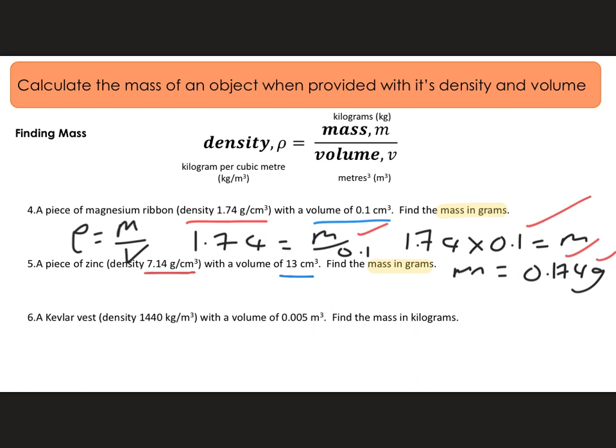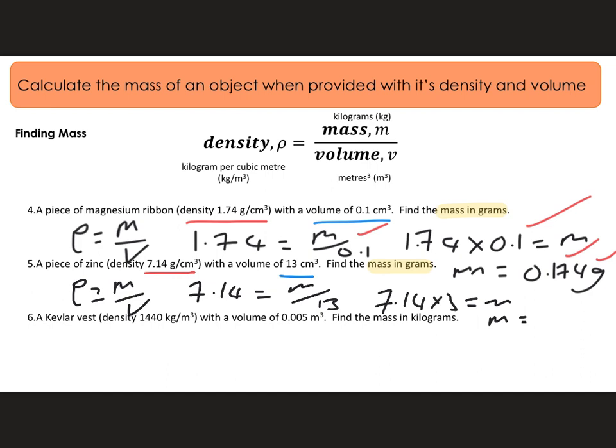So I'm just going to write the equation out again. So rho, density, is mass over volume. Put the numbers in. So I get 7.14 equals mass over 13. Rearranging, I've got a divide here, so I need to take the divide through by times-ing. So 7.14 times 13 is equal to my mass, which means that my mass is equal to,